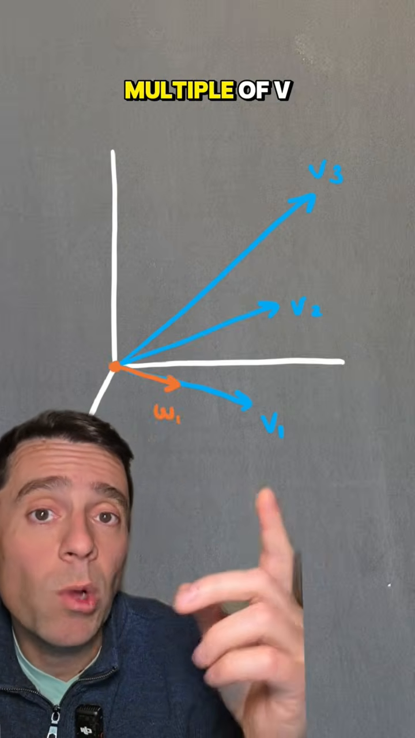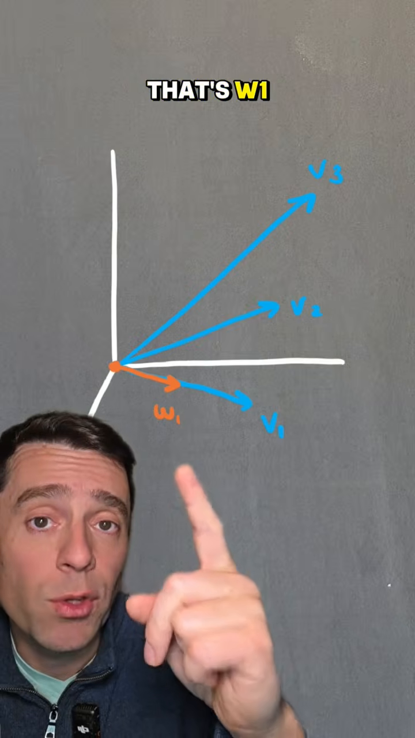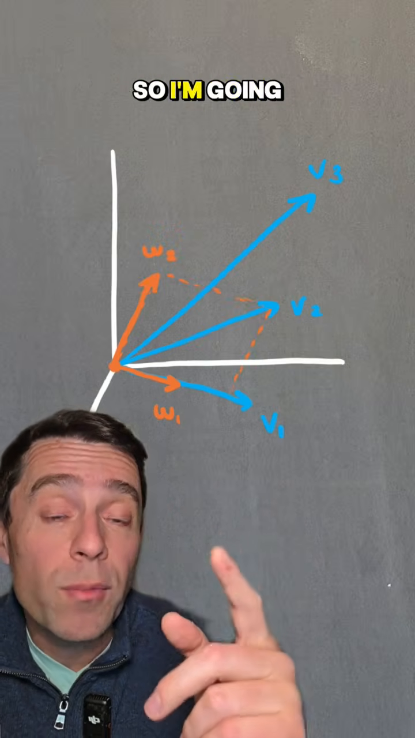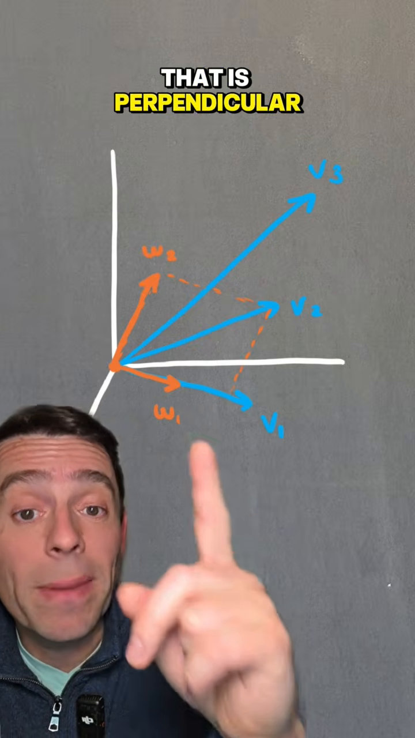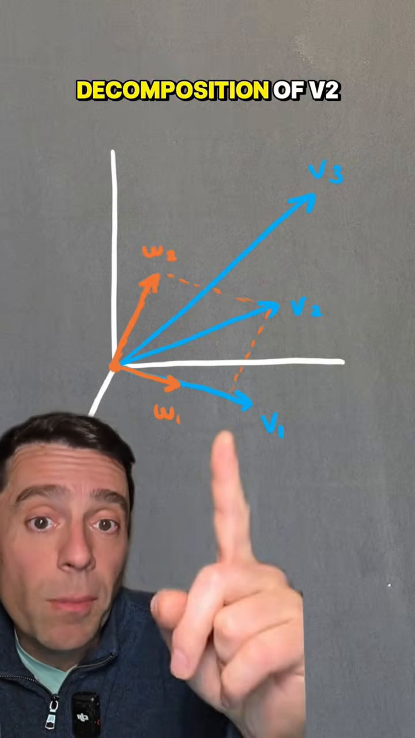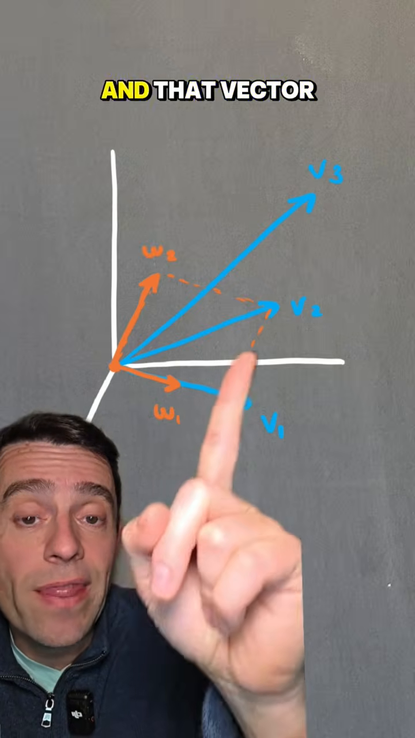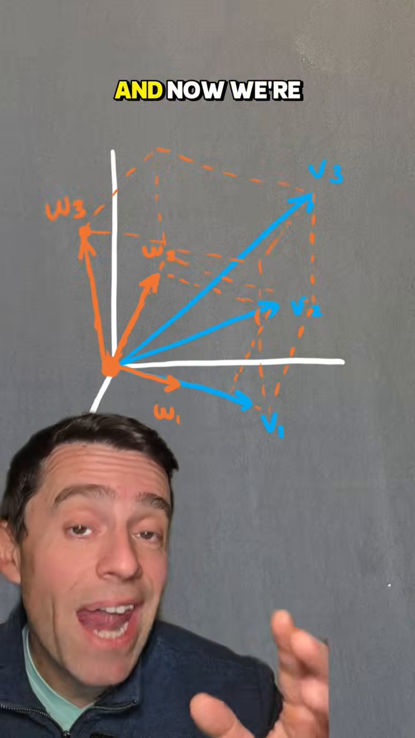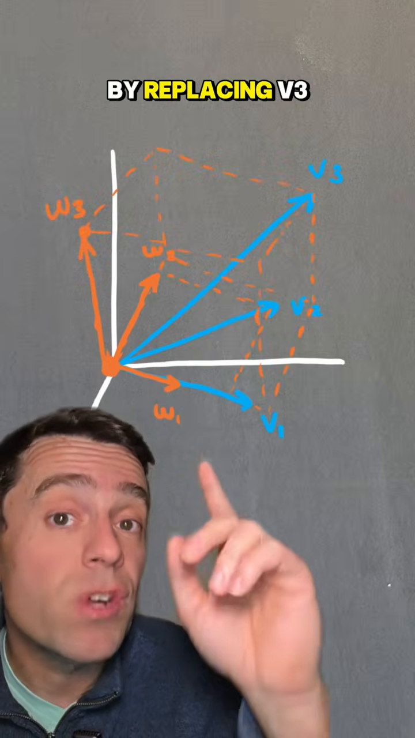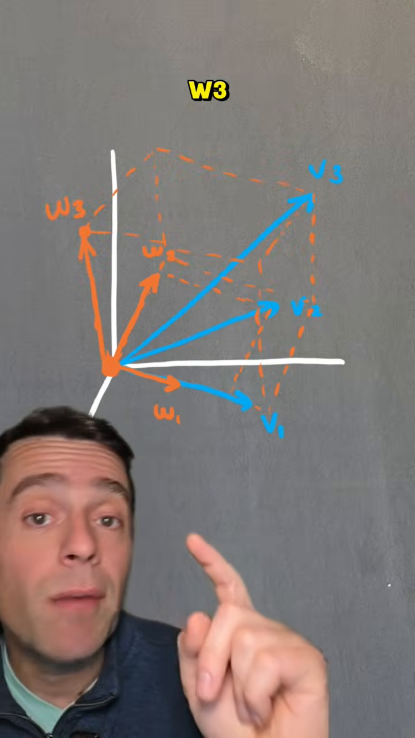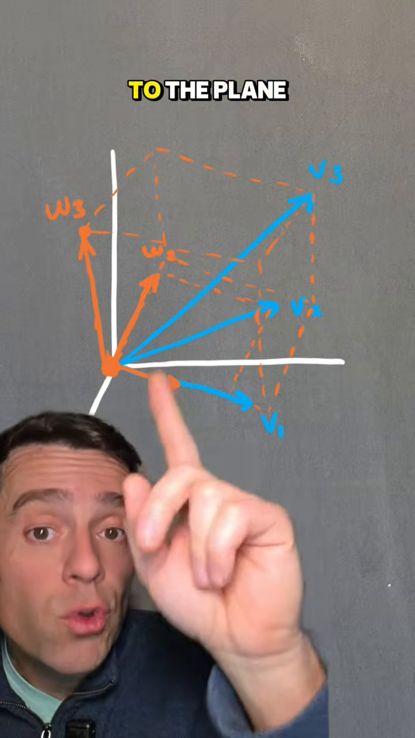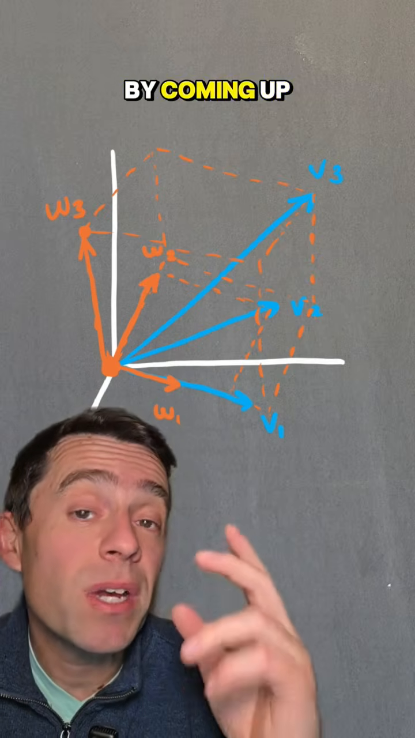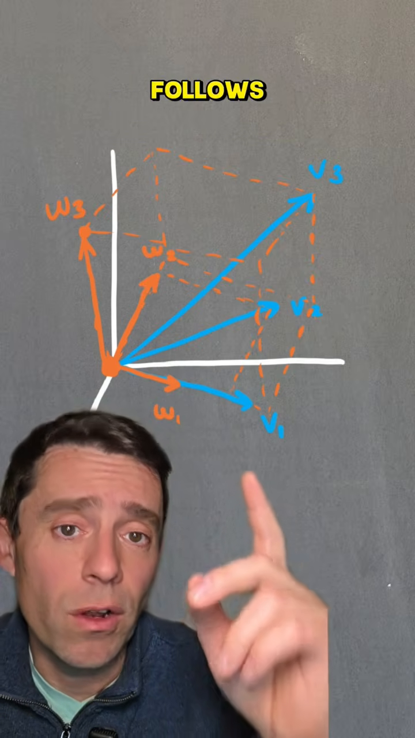First, take a multiple of v1 of length 1, that's w1. Now we do the Gram-Schmidt process on v1 and v2. So I'm going to replace v2 by a vector that is perpendicular to v1 by doing a decomposition of v2 into this vector and that vector over there, and I'm going to keep this vector as my w2. And now we're going to finish the Gram-Schmidt process by replacing v3 by a vector w3 that is perpendicular to the plane generated by w1 and w2. How do we do that? By coming up with a decomposition of v3 as follows. First of all,